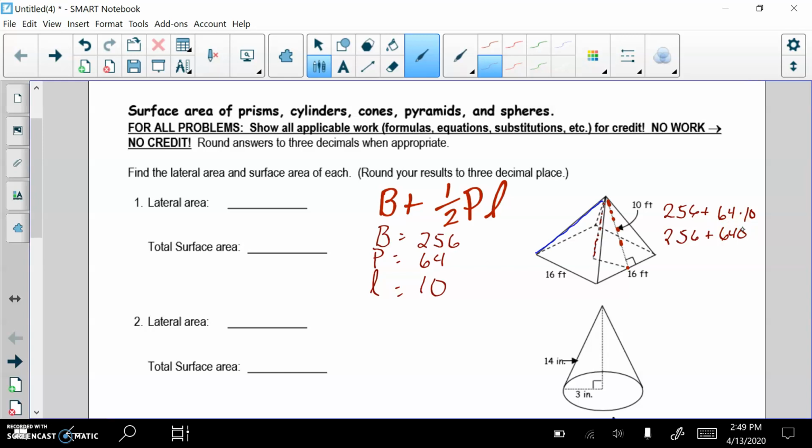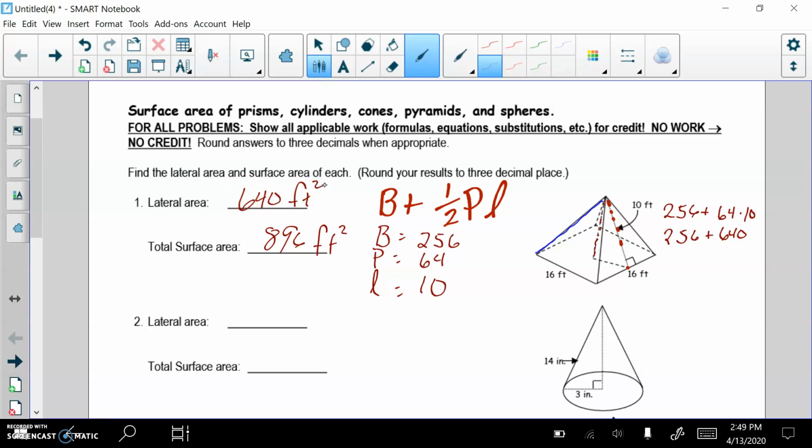Same as the other one, you get two answers in one. You've got your total surface area, which is 896 square feet. And you have the 640 lateral. Just ignore the base, the 256, and the lateral surface area is 640